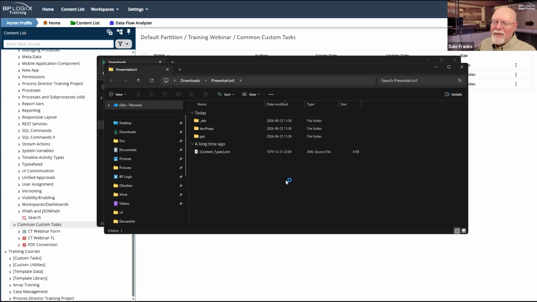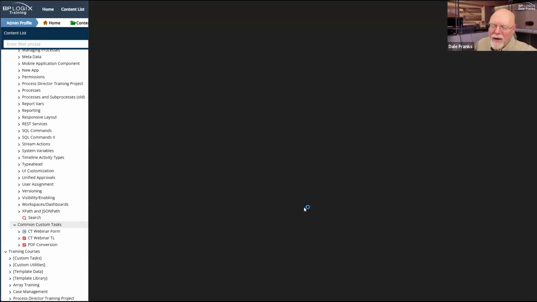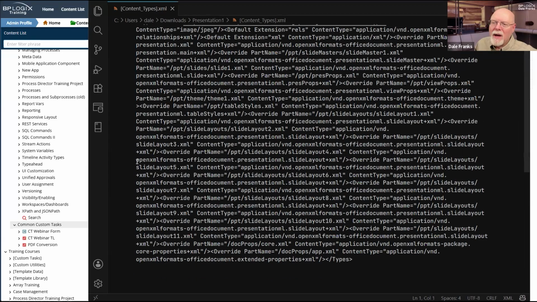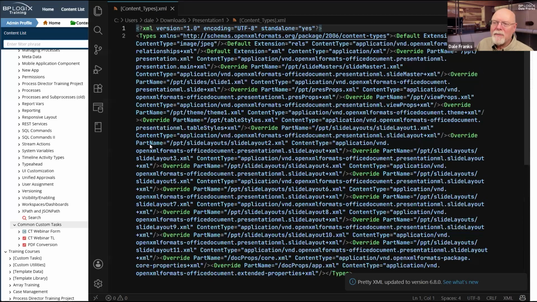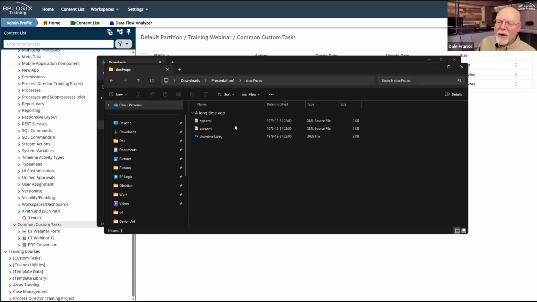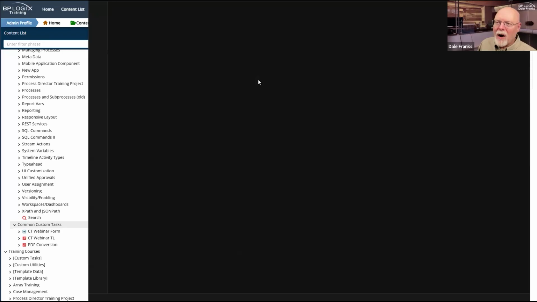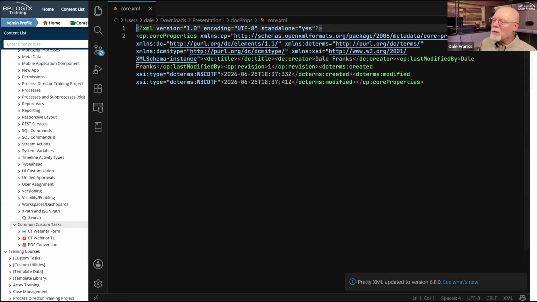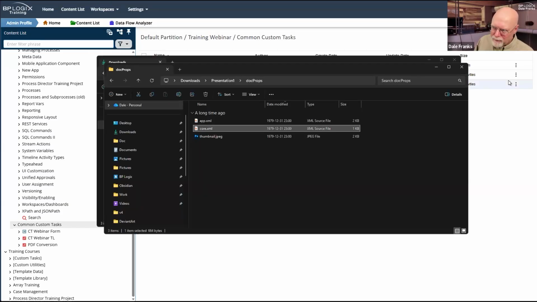and this is what a PowerPoint file is. A PowerPoint file is just a bunch of XML. A Word document is just a bunch of XML. There you go. This is all XML. Cool. All of the documents are a bunch of XML. And there are these doc props that are all of these XML properties. And Microsoft decided to create a whole bunch of new XML properties for PowerPoints.